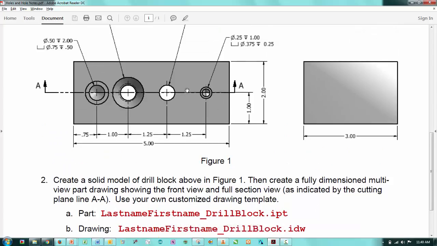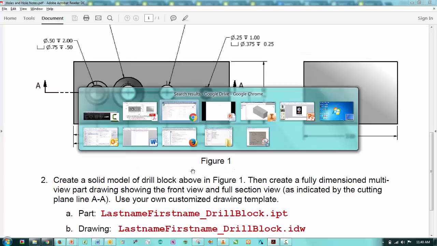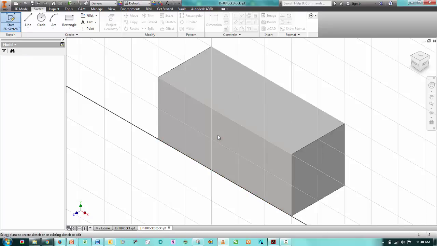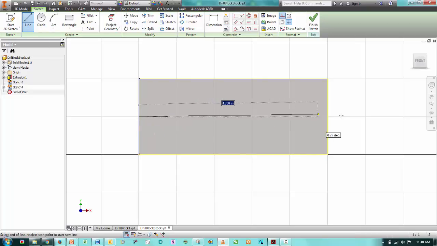Okay, so let's make this with the hole feature in Inventor. There are a lot of ways to do this. This may not be the most efficient. What I'm going to do is just take this block and project the geometry. I think I might need to do that. Right click, OK. What I'm going to do is put a construction line down the center,